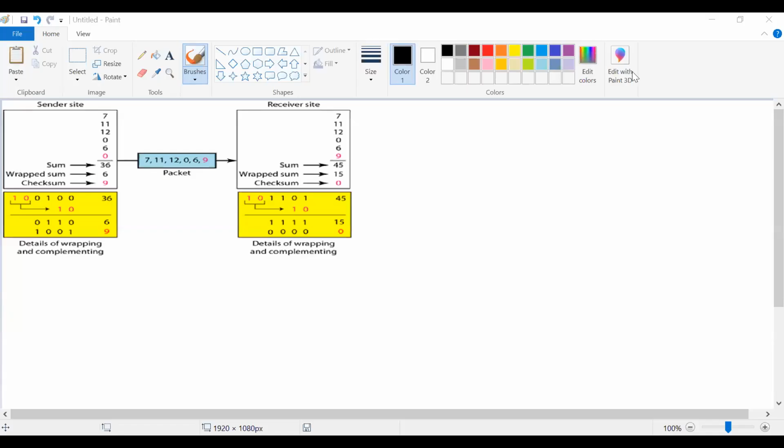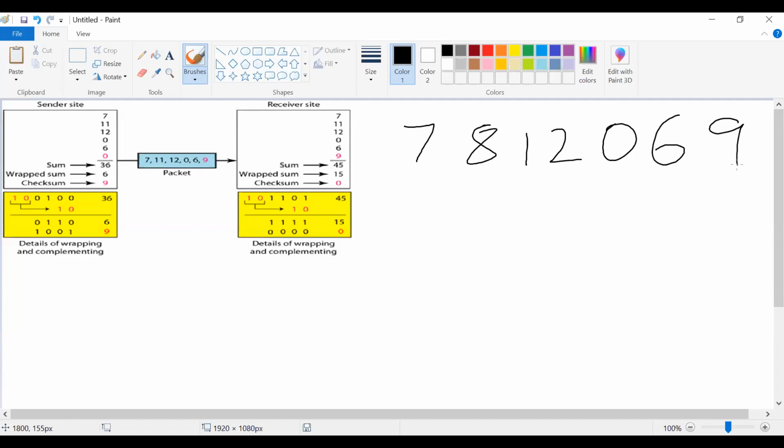Due to some error in the transmission, an error in the network, the receiver received it like this: 7, 8, 12, 0, 6, 9. 9 is the checksum. The receiver received the data as 7, 8, 12, 0, 6, 9.